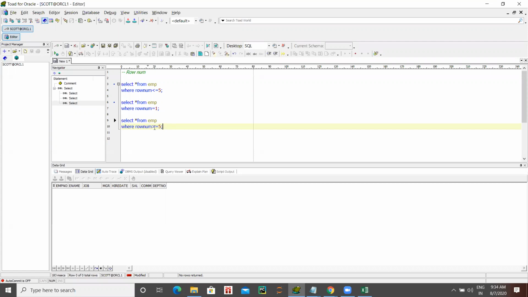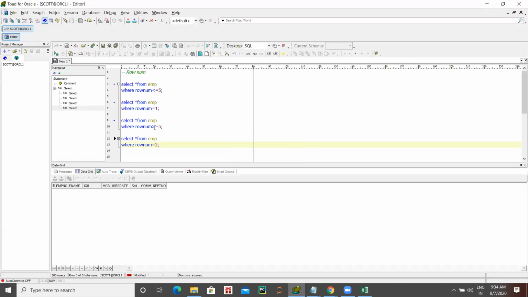So greater than won't work for ROWNUM. Now enter. Give ROWNUM equal to 2, or equal to 5 or 2, whatever. Now run it. So this also won't work.